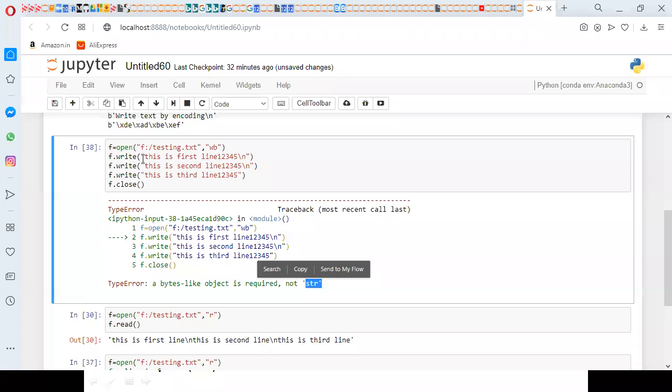A bytes-like object means it requires a bytes object, not str. Here the first line, 1 2 3 4 5, is a string. But when you're writing the content in a binary file, it should be in binary format. Then how are you going to write binary format? With the help of B, or else with the help of encode. So here I can apply dot encode, and the string is converted into binary.